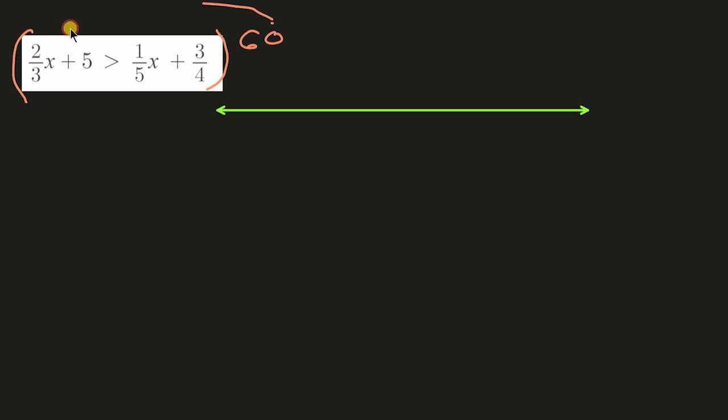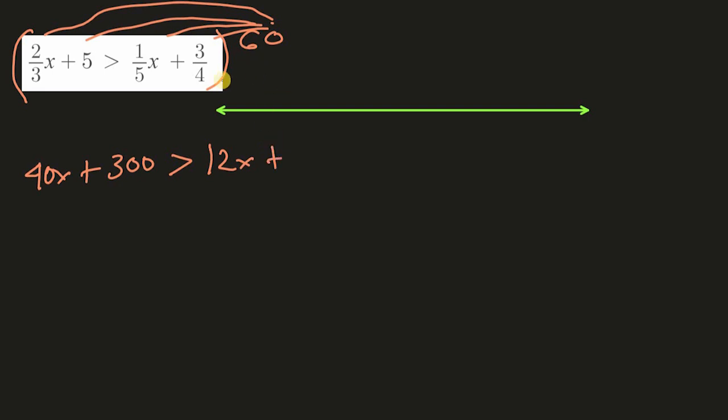So, i-distribute ulit natin siya doon, dito, tsaka dito. Sharing is caring. So, 60 divided by 3 is equals to 20. 20 times 2 is 40. That would be 40x. Plus, 60 times 5 is 300, which is greater than 60 divided by 5, which is 12. Yeah, 12x. 12x plus 60 divided by 4 is